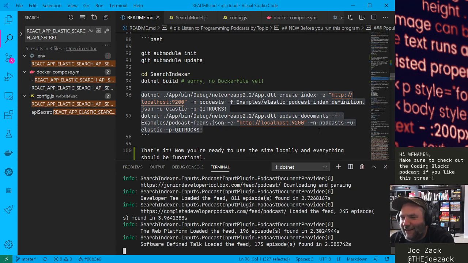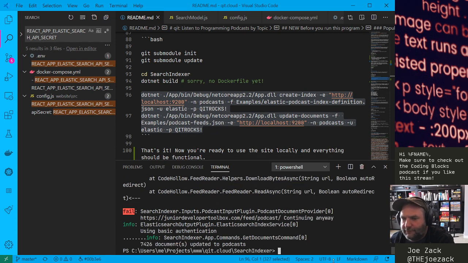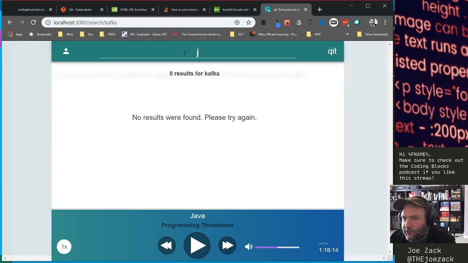Yeah, definitely I could use the help. So the way it works is it gets all the files and then pushes it at the end. So that's why we don't have any data yet. So now if we come in here and search for Java,